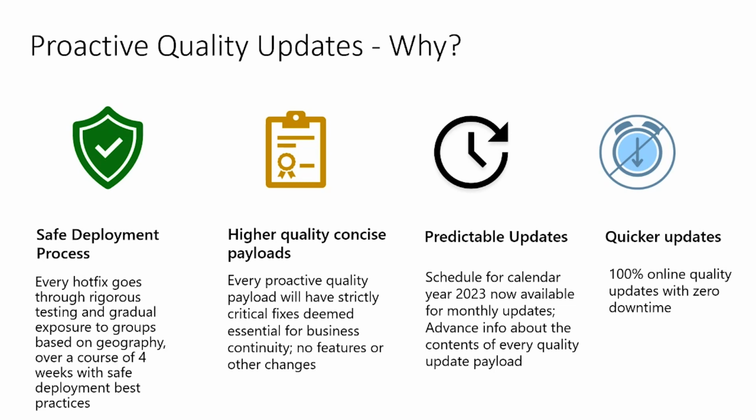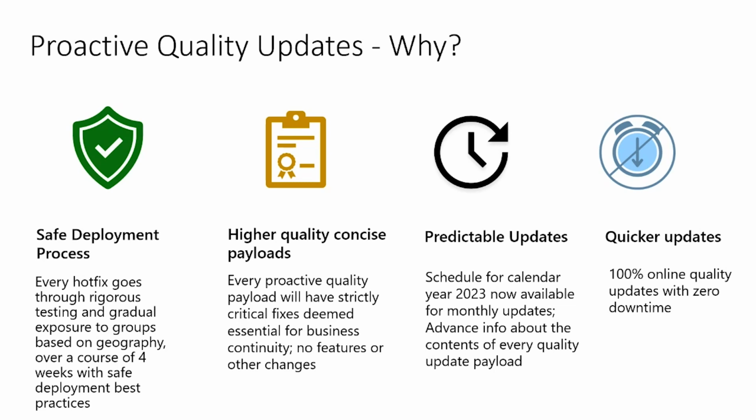So this deployment model essentially balances the risks associated with a new deployment with the benefits of the updates it promises. It also helps to stop the deployment whenever major issues are identified. So it's a very controlled exposure to customers. Another point is that proactive quality update payloads, like I said, were very small and concise, and they only consist of extremely critical fixes. So the bar here is really, really high in terms of what can go into such a payload